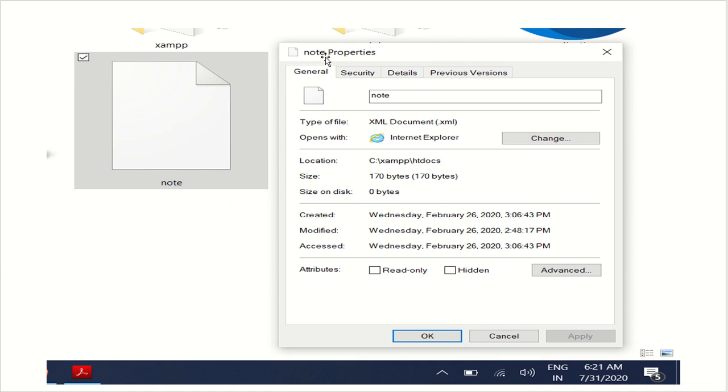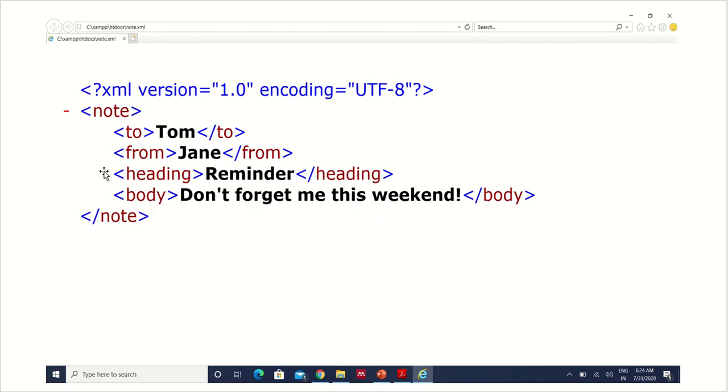Here I am showing you the properties of this file, note properties. The type of file is XML, it is an .xml file. Now if I double click over this file, it will open in any browser. It has been opened in Edge. Now you can see over here.